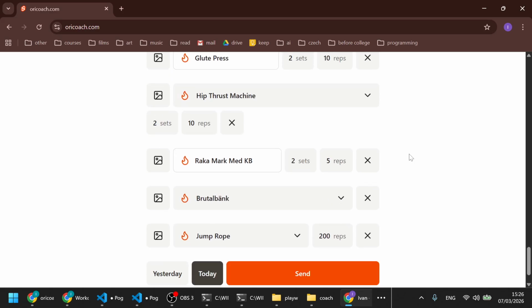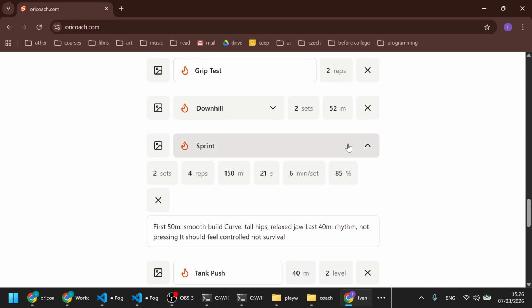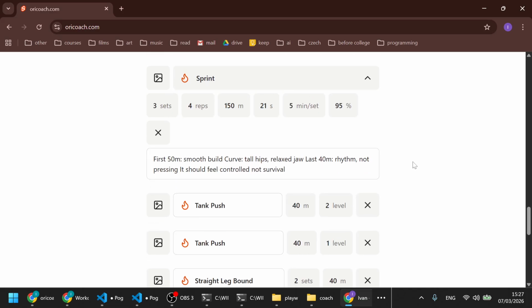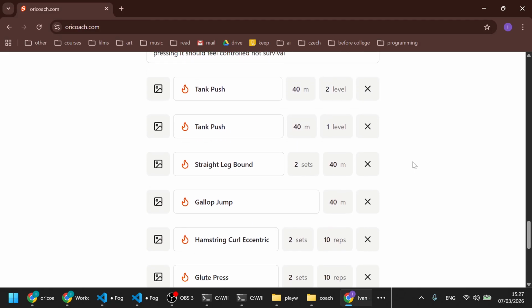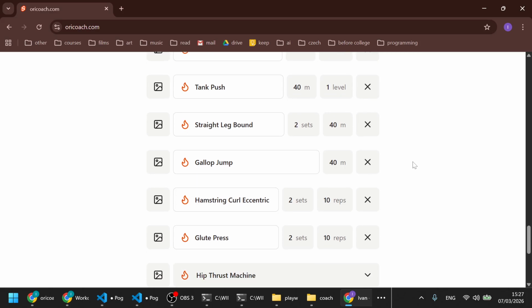And the cool thing that your clients can do once they get the workout is they can say, well, I didn't do 6 minutes rest, I did 5 minutes rest. And actually, my intensity was 95%. And actually, I did not 2 sets, but 3 sets. So maybe that's not exactly what you want from them. That's just an example. But you can say that if you gave them, for example, an ATG split squat, and you gave them a weight, but then they picked a lower weight,